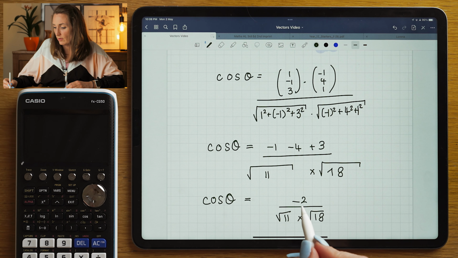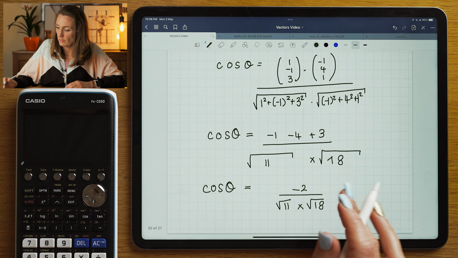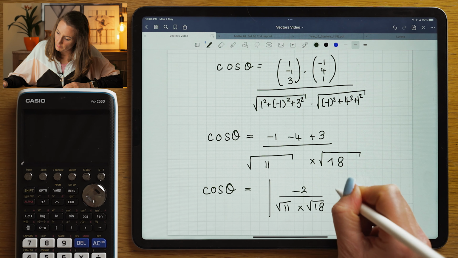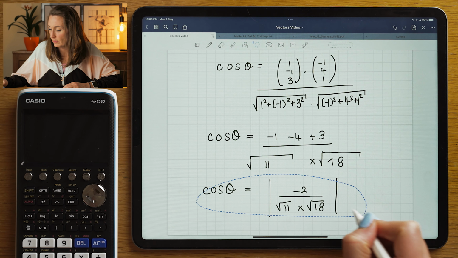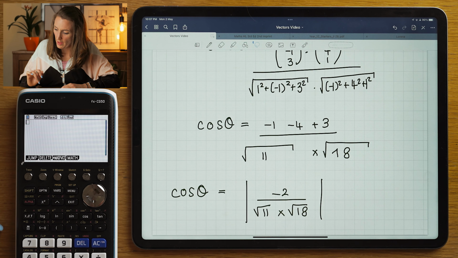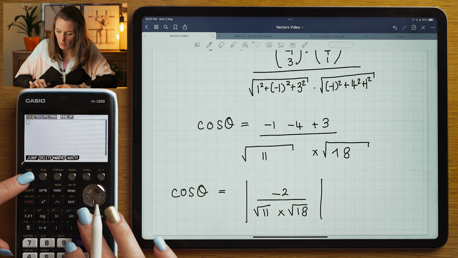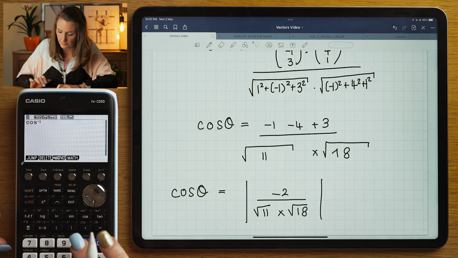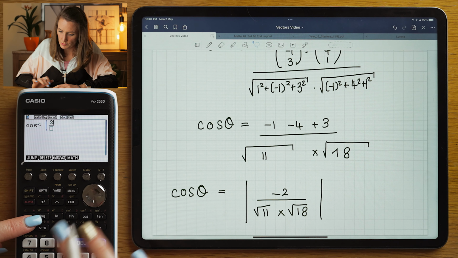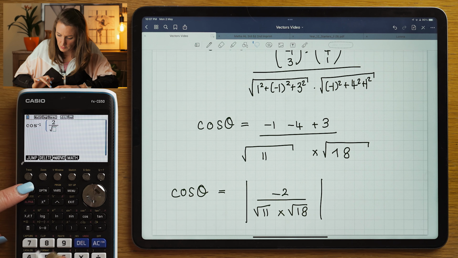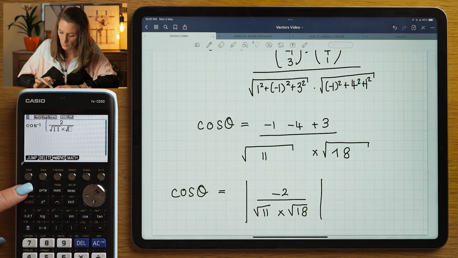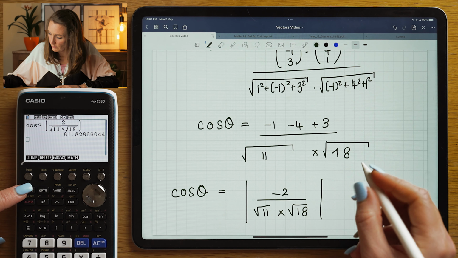If I want to find the acute angle at this point, I can just take the absolute value of this, okay, which is, I think, what I'm going to do. So if we put some absolute values on there, because we want the acute angle, at this point I'm going to need to use my calculator. So I'm going to put in arc cos, or cos inverse, 2 over square root of 11 times square root of 18. And that's going to give me